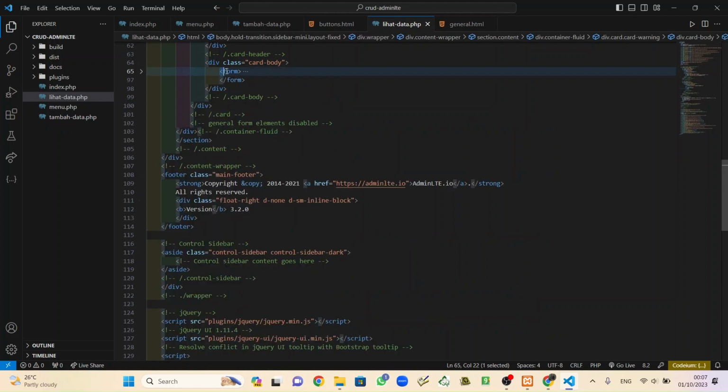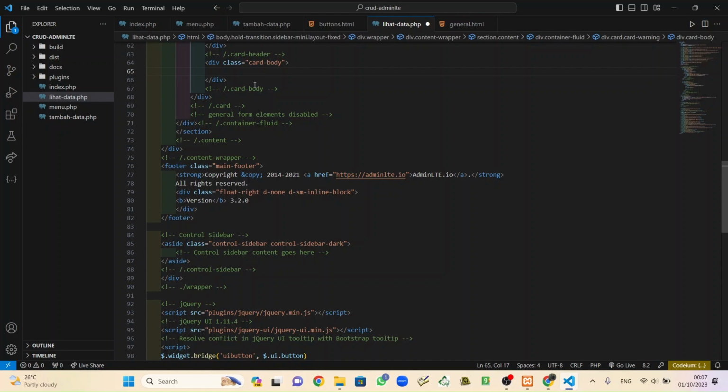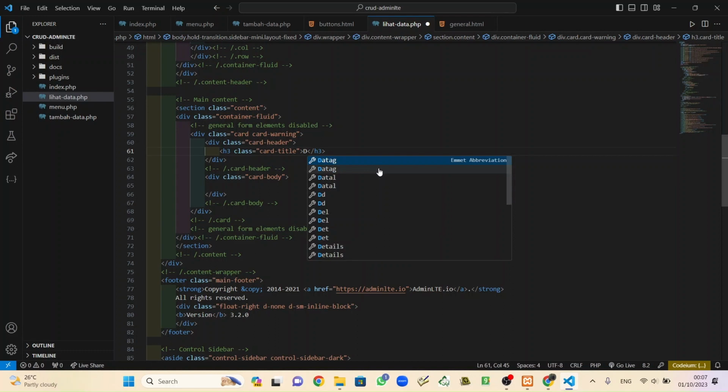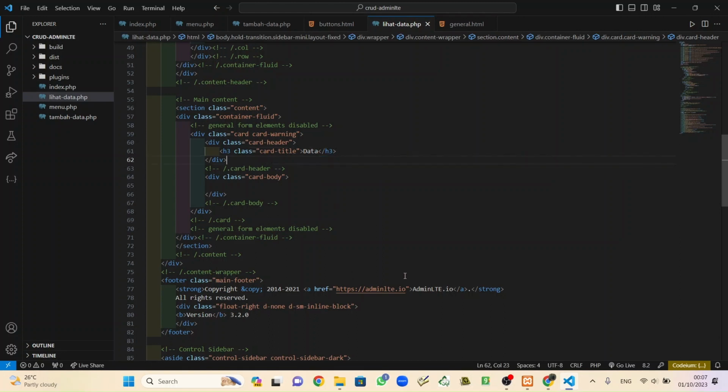Can minimize and remove the form. Okay, save. General element can change it with data. Data reads data. Okay, and then after that, add a table here.